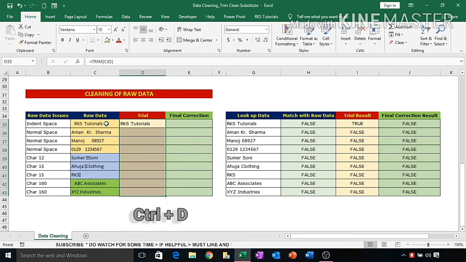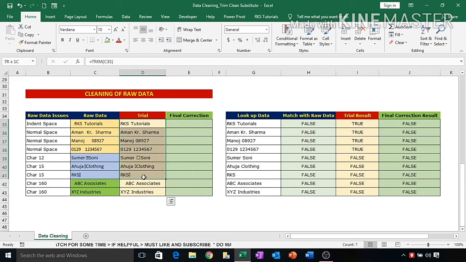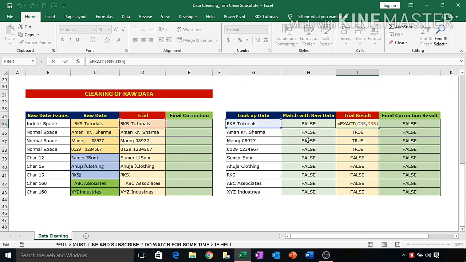Press Ctrl D to apply the formula in all cells, and here we check because this column is working with this column. If you press F2, basically it is checking this value with this value. If both values are the same, it will give the answer true, otherwise it will give false.